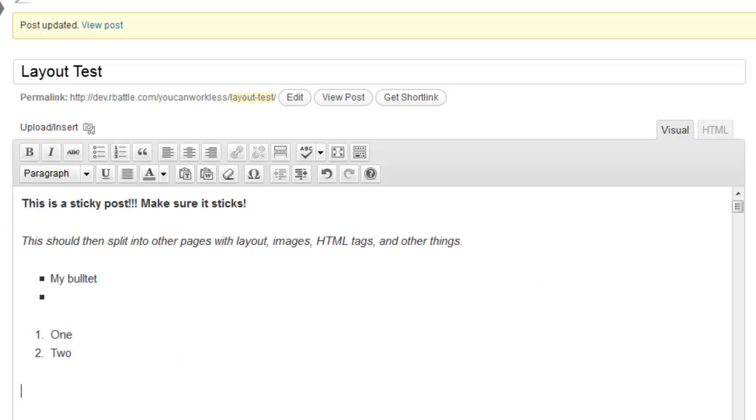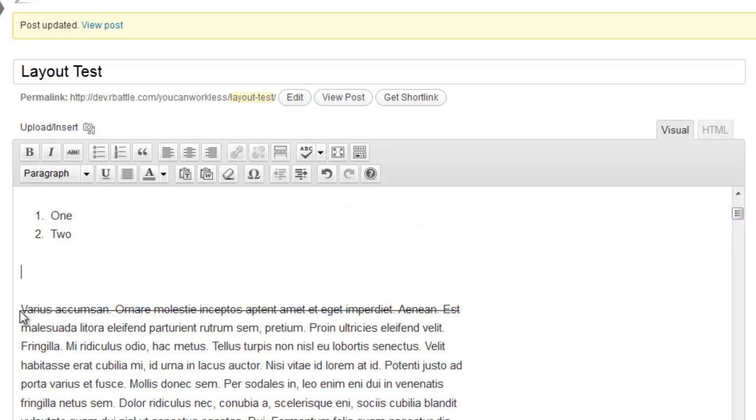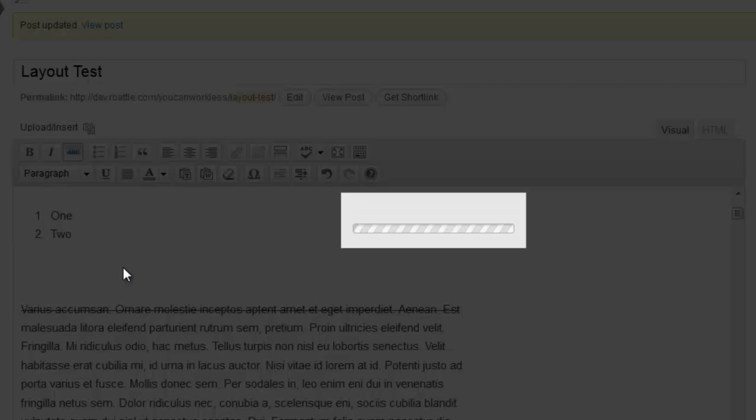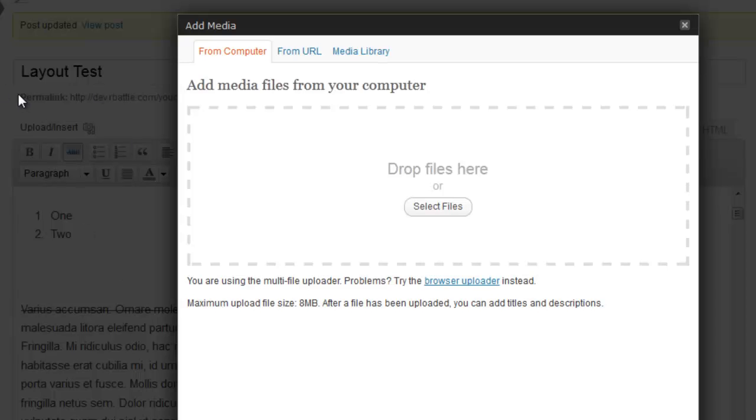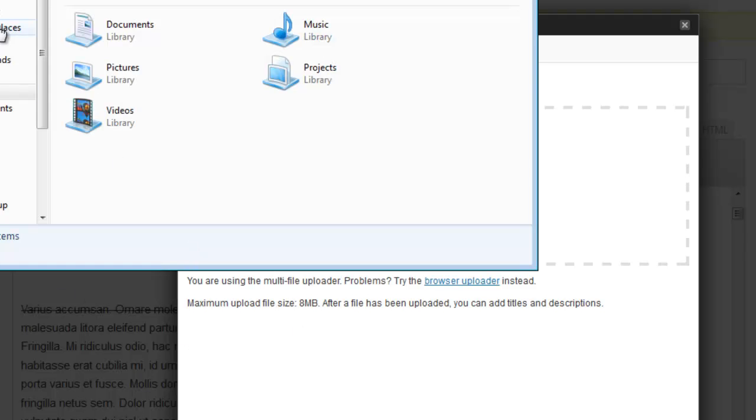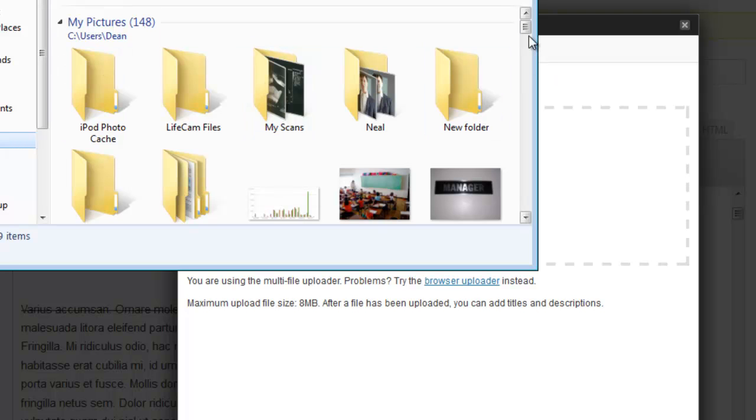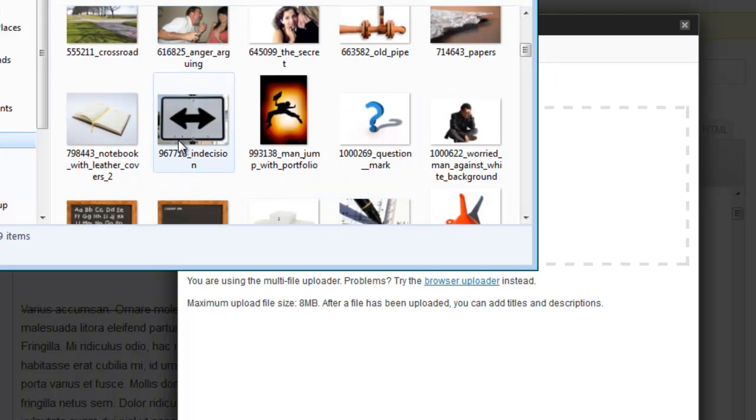So say, what if we wanted to add an image, right? Let's add an image because that might be a little intimidating at first. You're going to see up here, it says upload, insert. And it has a little camera and music. All you're going to do is click that, and it's going to tell you you can either get it from your computer, and you can drop files there if you want to. Let's get something from my library. Let's get this guy jumping right here. Actually, no. Let's do